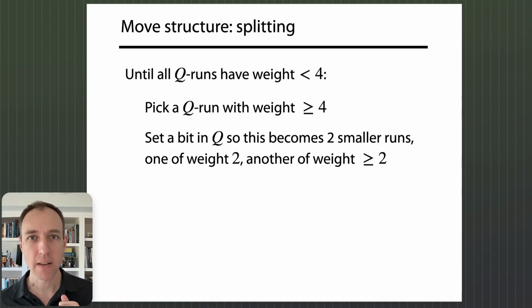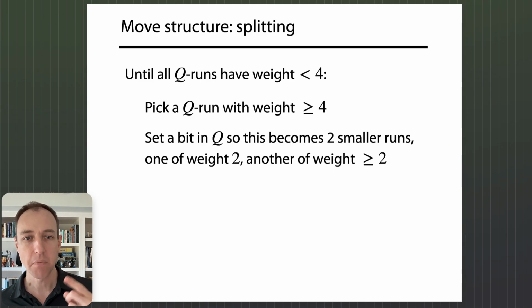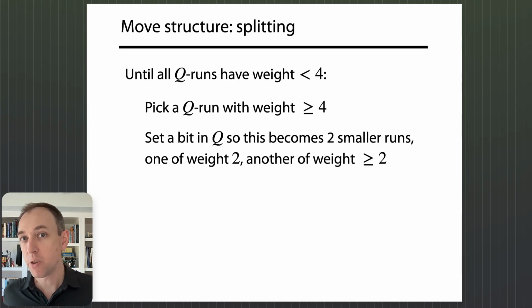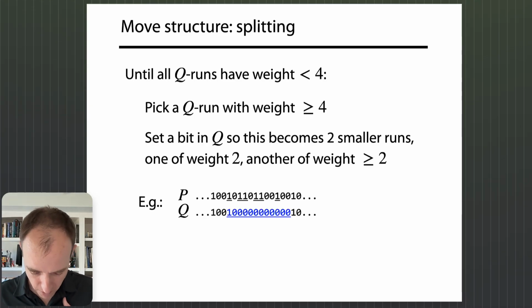And we'll split it. The way we split it is by setting more bits. Specifically, we'll set a bit in Q in such a way that this becomes 2 smaller runs. One of them is going to have weight 2, and the other is going to have weight greater than or equal to 2. Okay, so for example, if this is the run we've decided to split, so this run here,